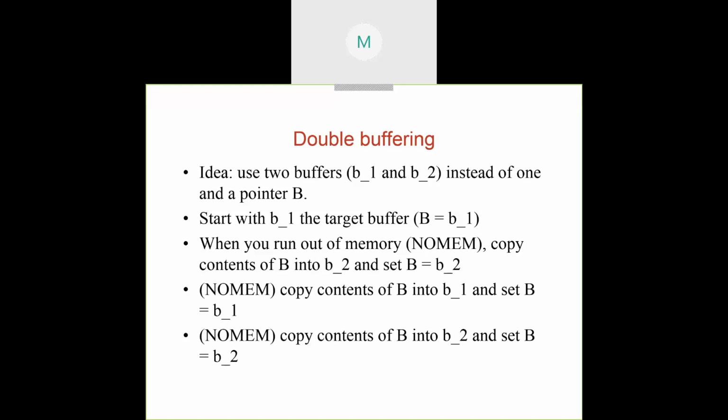So I'm repeating again, we are using two buffers. Whenever a buffer is full, we copy the content, only whatever the program is currently using, not the unused parts, to the second buffer, sequentially. Then we use the updated buffer for execution of our program. Whenever the updated buffer is full again,